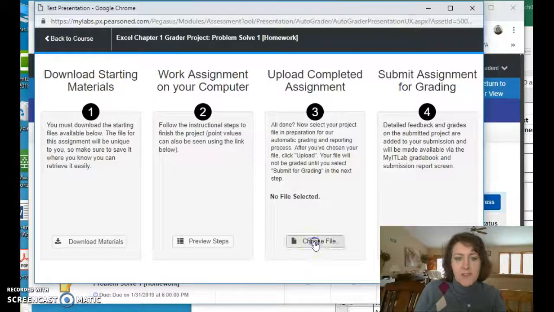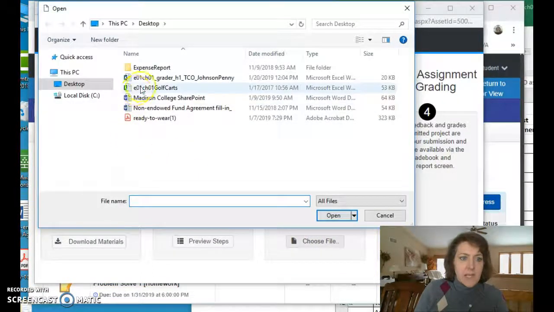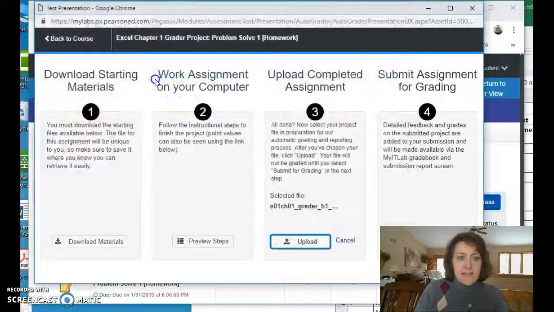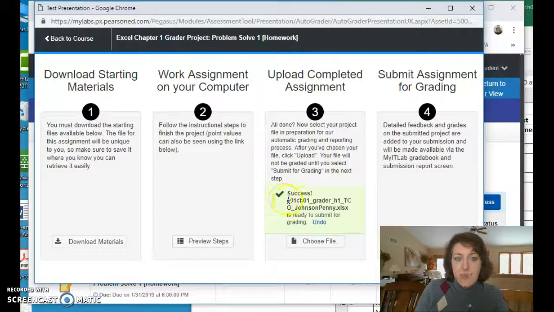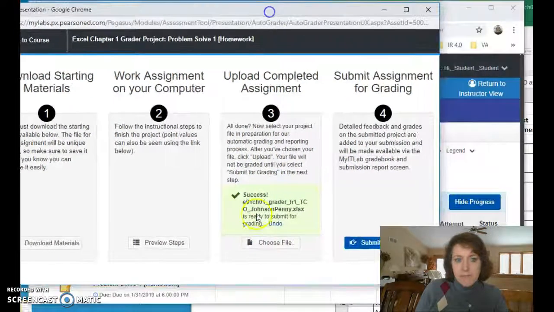So like you have done, I'm going to click Choose File. I'm going to find my file, select it. I'm going to click Upload. And then when I see this little message, Success, then I think that might be the point at which you're